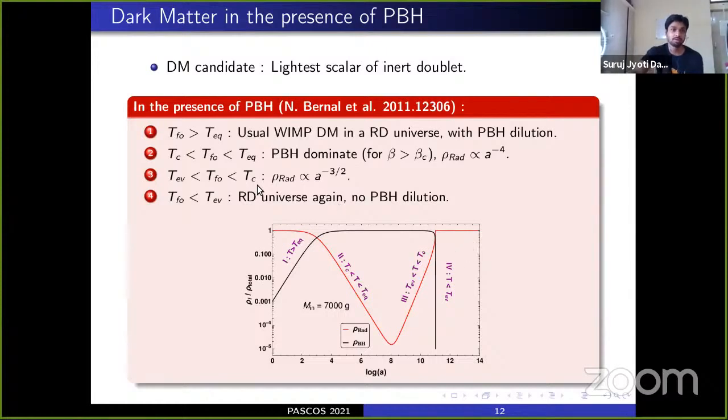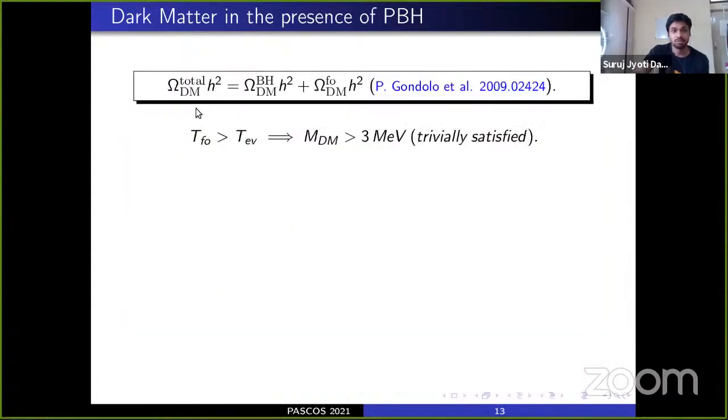Now, since we want to study the effect of PBH on the WIMP dynamics, on the dark matter, we basically consider the first three cases initially. Here the total dark matter relic can have two contributions. One is from the dark matter produced from the black hole, and one is from the freeze-out mechanism with the appropriate dilution factor. Here, if we use the lower bound on the evaporation temperature, which is the BBN bound,